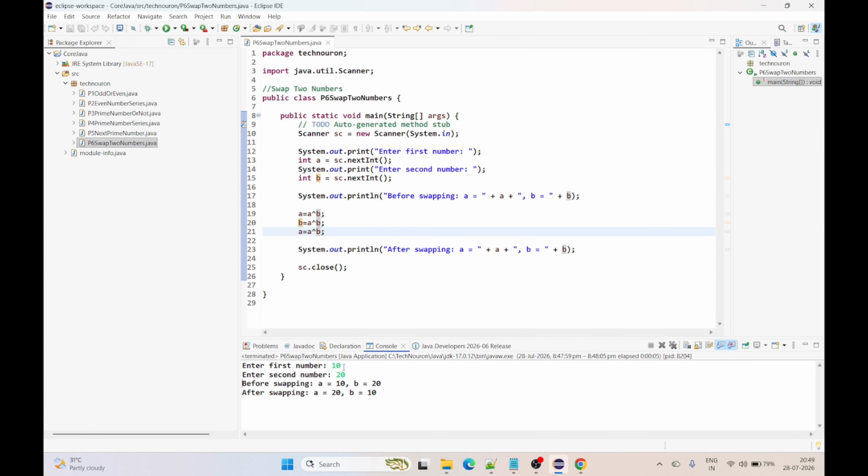Okay, and coming to addition and subtraction, there also readability is very low. We don't use the addition and subtraction method in production code, right? So obviously using a temporary variable will be the efficient way to swap two numbers, which is used in most of the real time projects as well. Okay, and one more thing is